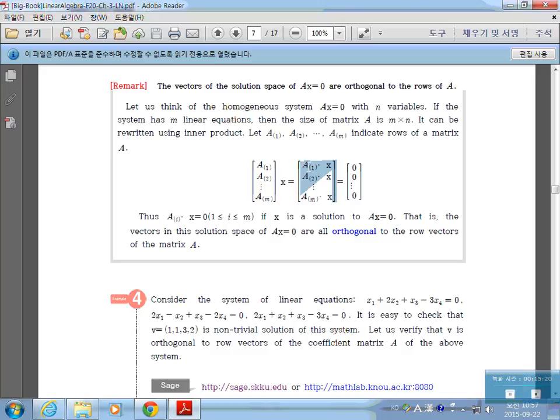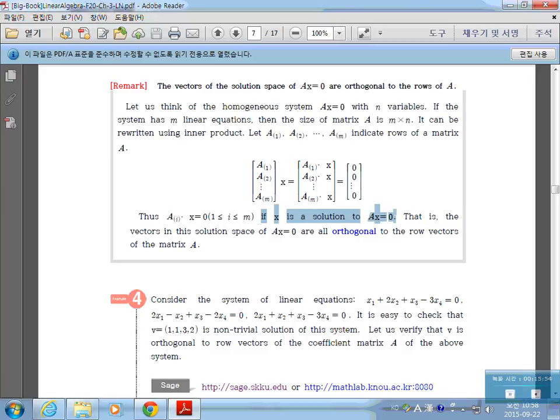The inner product of the first row of A and the vector X is equal to 0, the inner product of the second row and X is 0, and the inner product of the mth row of A and X is equal to 0. It can be written in this way. What this means is that the inner product of Ai and X is equal to 0 for all i's, which means